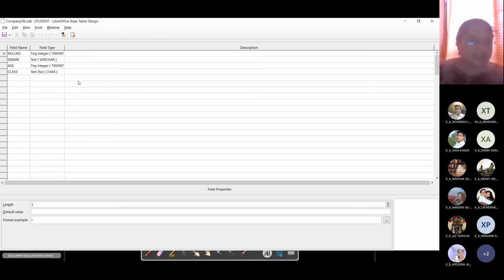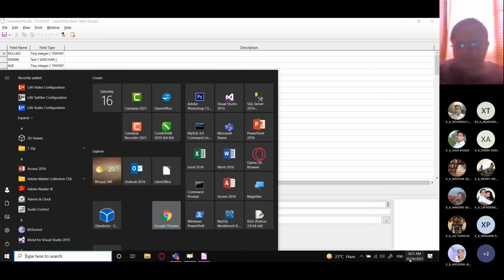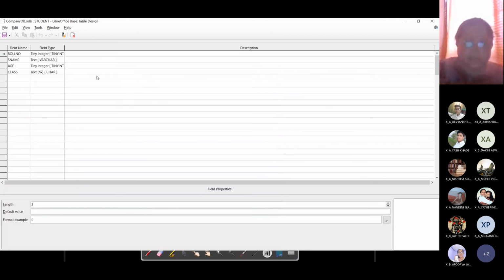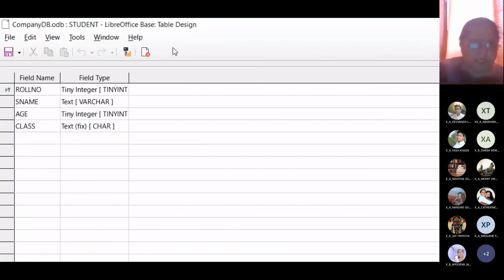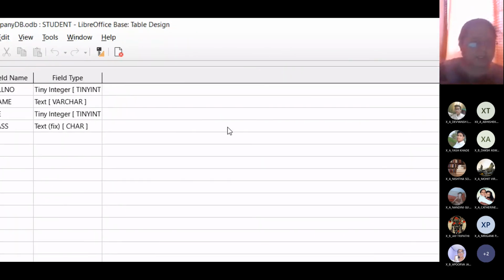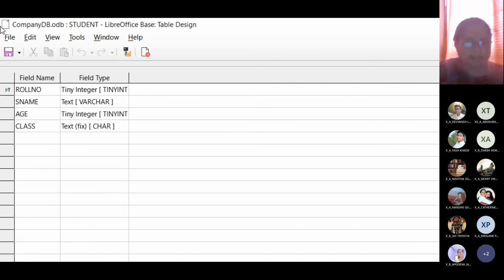Now students, one thing you should remember over here, okay. Remember one thing over here students, roll number is of which type? It is of numeric type, okay.